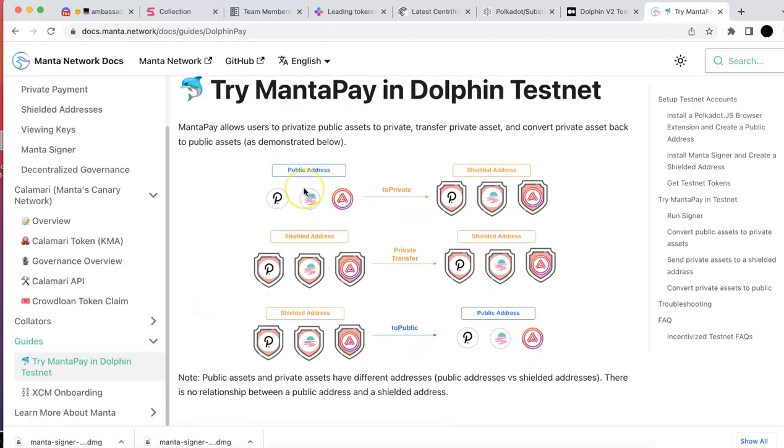So when person A wants to make a payment and send it to person B, the asset could be Arcana or some other tokens. When you send the public asset, person B will know who sent it, and person A will not have privacy. So with MantaPay, what they did is, first of all, the public address for person A,